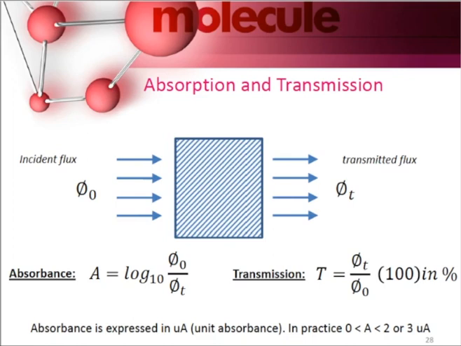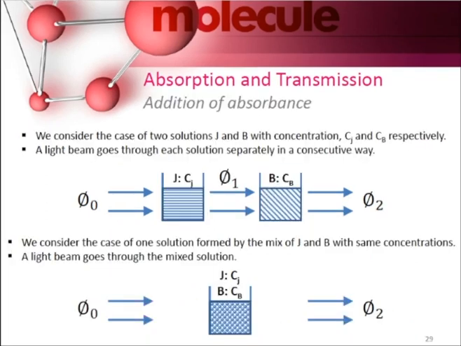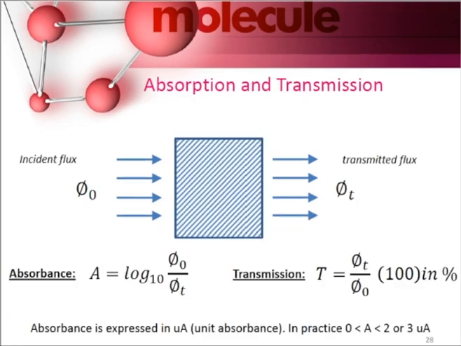However, we define the transmission as being the ratio of phi t over phi 0, and it's in percentage. So we calculate it as a percentage of the transmitted light intensity. Now if you look at these two, we can actually find a nice relation, which is easy to understand. Well, it's not written here, so I will write it, which is